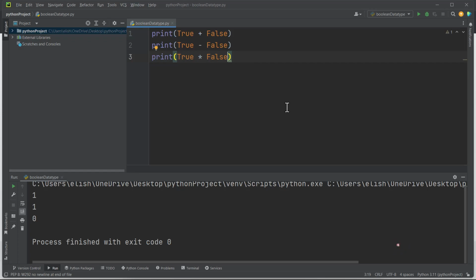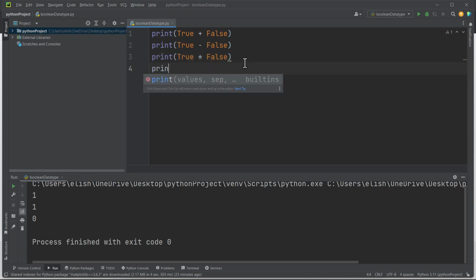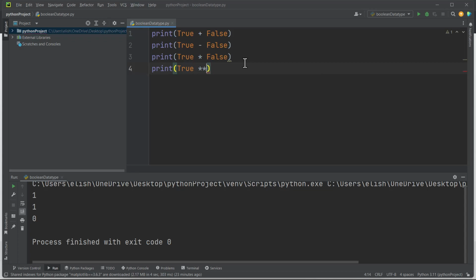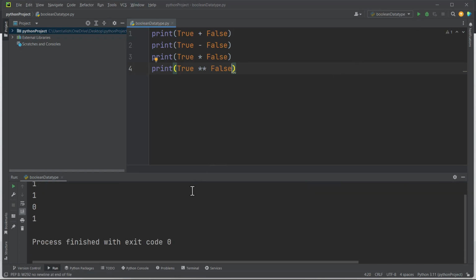That is, 1 times 0 is 0. We can also say print true exponent false, and if you run this, you are getting 1, because any number raised to the power 0 is 1. So these are some basic things that we can do with the